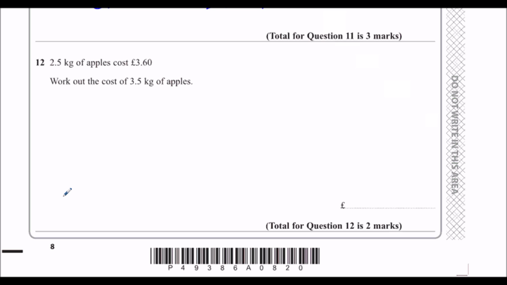Question 12. 2.5 kilograms of apples costs £3.60. Work out the cost of 3.5 kilograms of apples. So 2.5 kilograms is £3.60. I'm going to divide. So I could work out 1 kilogram by dividing by 2.5, which I think I'm going to do. So if I divide both sides by 2.5,